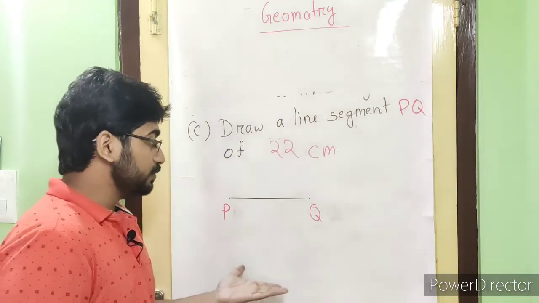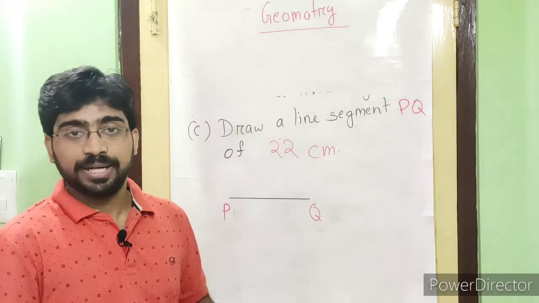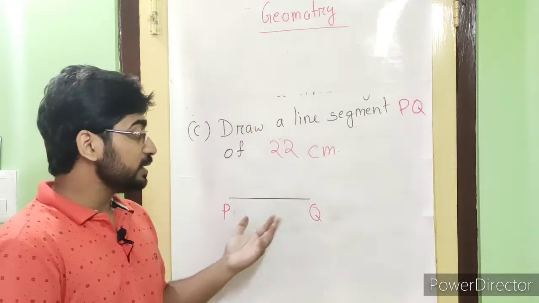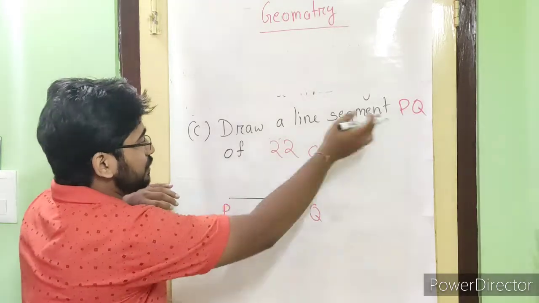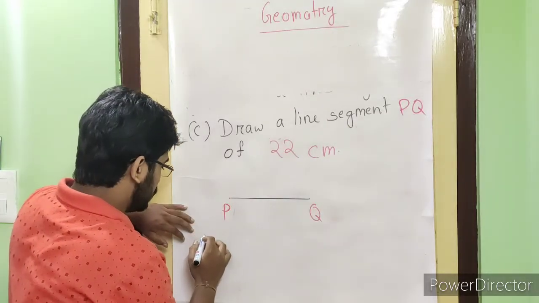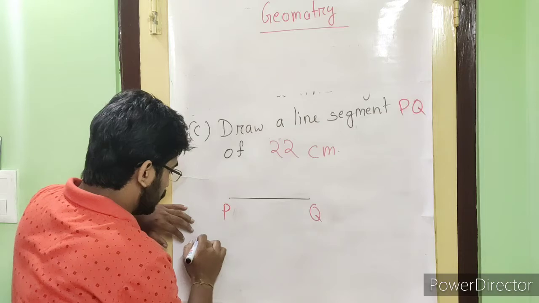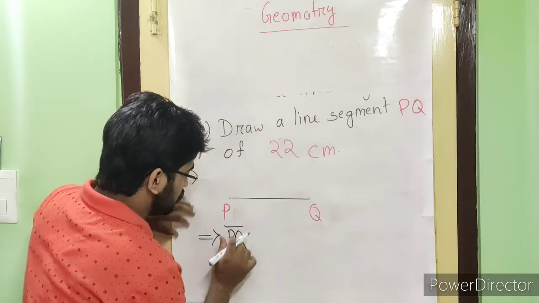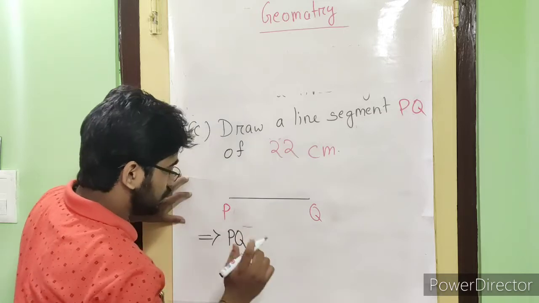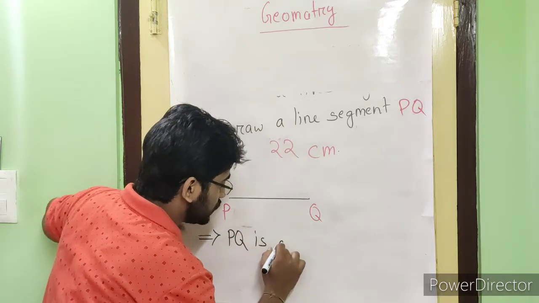Okay, now what will we do? We need to write a statement here. So what statement will we write? Draw a line segment of PQ. Okay, PQ, we will not give this one. Okay, PQ is a